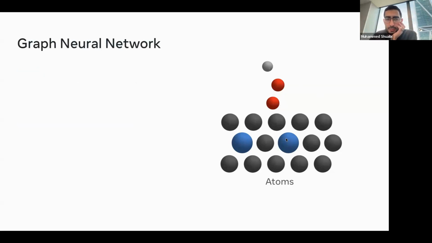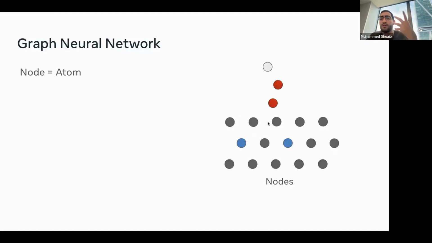Now, on the model front, how we do this is we use something called graph neural networks. Graph neural networks are just another flavor of machine learning models. I'm not going to dive into it in depth, but just to give you a quick taste, the input structure to graph neural networks is very analogous to how atoms look. So what we do here is this is what the structure looks like. We'll convert it into nodes. Here, a node corresponds to an atom.